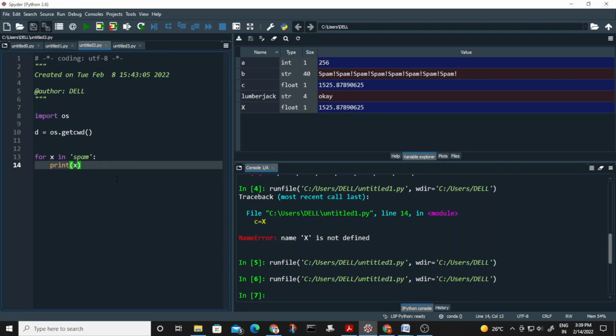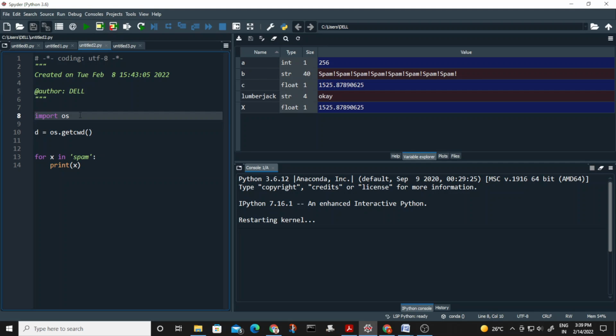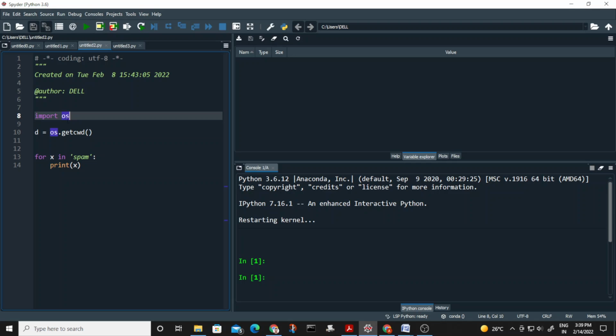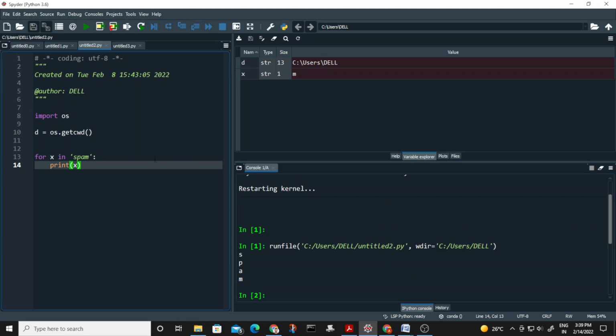Now in our next code, let's say we again restart this. In this code, we are importing the os module, and we are using this getcwd feature from os, and we see what d is. We are also using a for loop, for x in spam: print x. So let's start with this. If I run this, it will come. First of all,